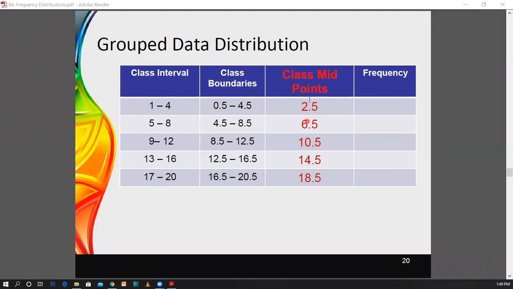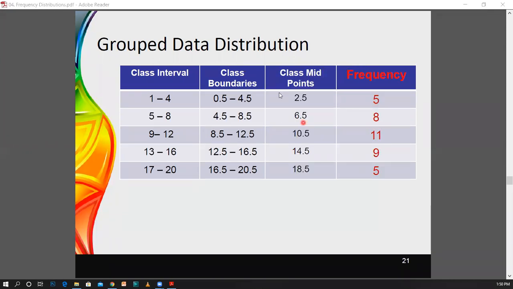If I again explain how to get this midpoint, you have to add these two values and divide this by 2. Here, to get this 6.5, add this 4.5 with 8.5 and then divide it by 2. It is how you are obtaining the class midpoint. And now we have come to the end of creating this grouped data distribution. Here, we can now include the frequency values in this grouped data distribution. Therefore, you can just count the values and then insert them, or else you can use the tallying technique to include these values. It is quite like this.